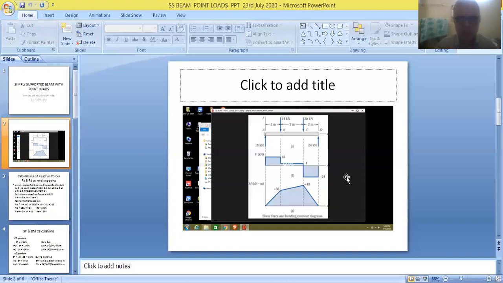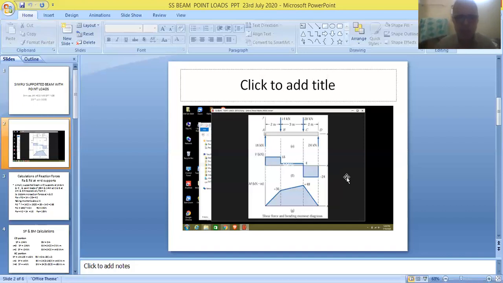So positive for anti-clockwise movements, negative for clockwise movements, positive for downward forces, negative for upward forces. These are the rules which we are supposed to remember while framing shear force and bending